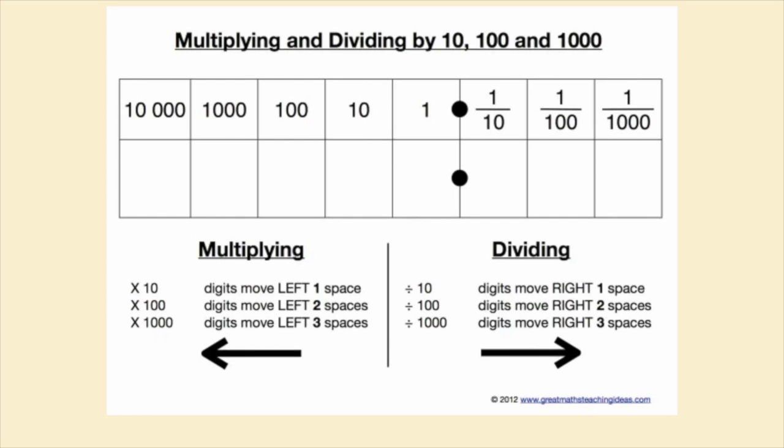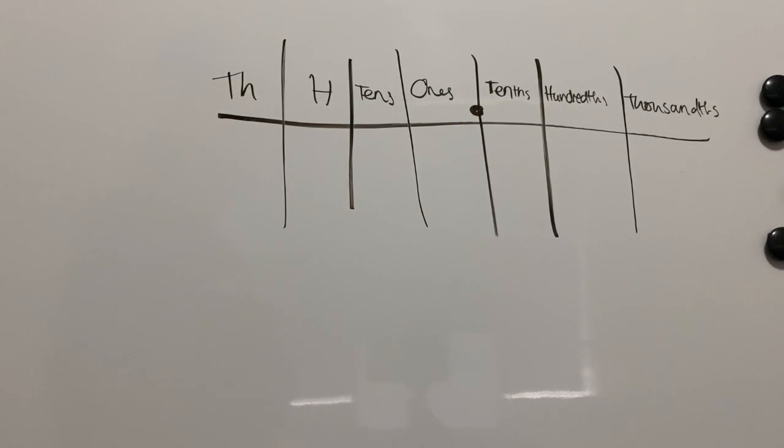Remember this place value chart from the other day? This will be really helpful. Remember, you can always draw this down in your book or print it off or anything like that, especially as it's got that little helpful hint down the bottom as well. All right, guys, the first example that I'm going to show you today is with the number